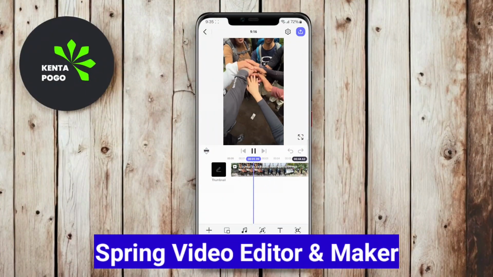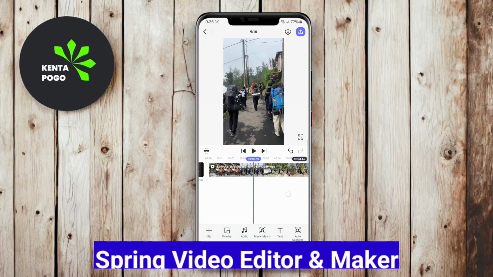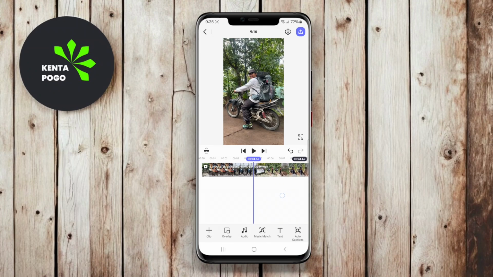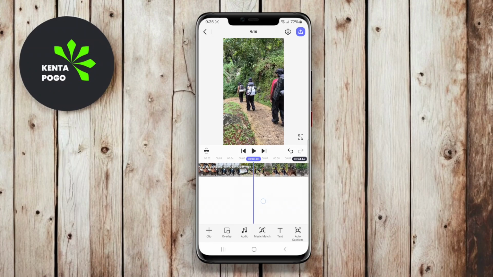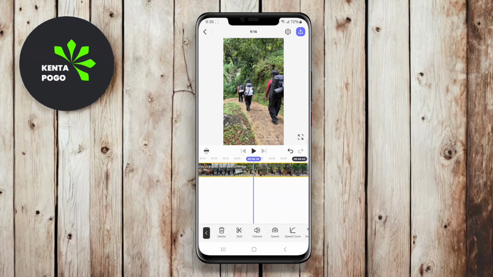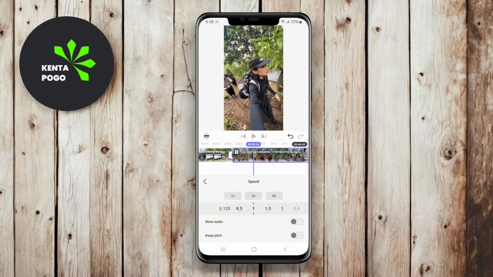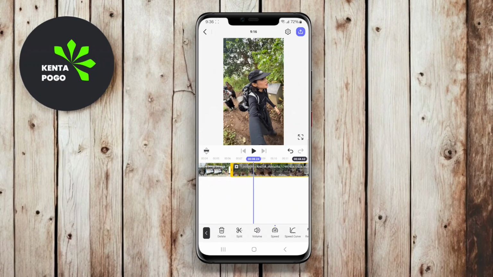Spring Video Editor Maker. Spring Video Editor Maker is a versatile video editing app that provides users with a comprehensive set of tools to create engaging videos. The app features a user-friendly interface, making it accessible for both beginners and seasoned editors. Users can edit videos by trimming, merging, and rotating clips, as well as adding filters, text overlays, and stickers to